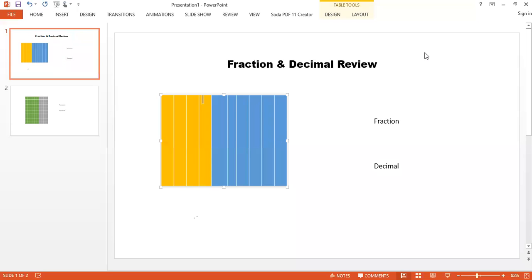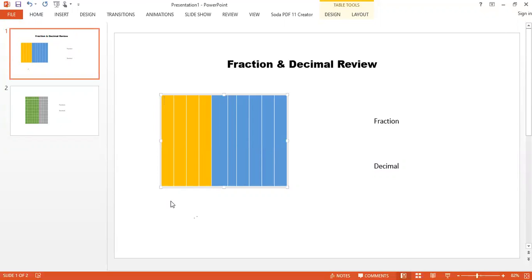Okay, we're going to do fraction and decimal review. So let's assume that this is our one whole. These are one whole. And if we count them, 1, 2, 3, 4, 5, 6, 7, 8, 9, 10. We have 10 equal sections. So if we have 10 equal sections,